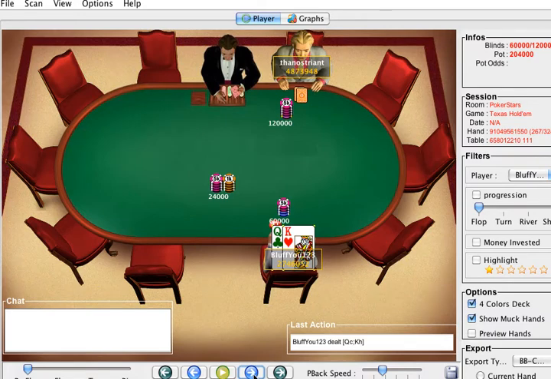Sorry, give me a sec. We're heads up and we're about 23 bigs effective. Our general strategy for heads up should be something along the lines of, especially when we have a massive edge, which I assume we do here,